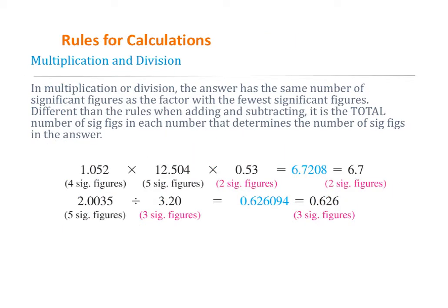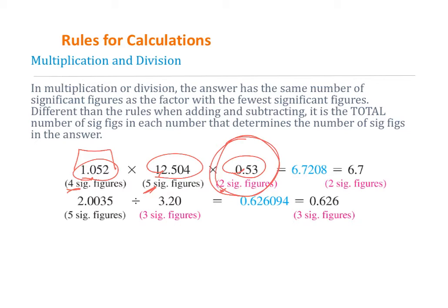All right, multiplication and division is easier. With sig figs, you just count the total number of sig figs in each of the factors. The number of sig figs in this is 4, the number of sig figs in the next number is 5, and the number of sig figs in the third number is 2. The number of sig figs in the answer is always determined by the least precise number that went into it. So the least precise number had 2 sig figs, which means our answer can only have 2 sig